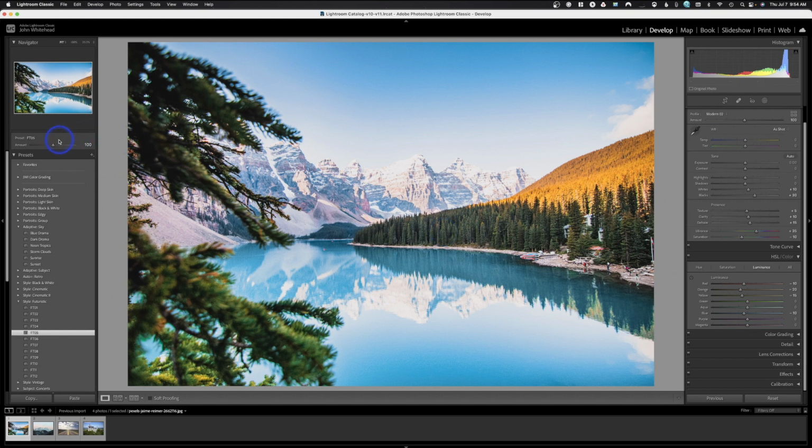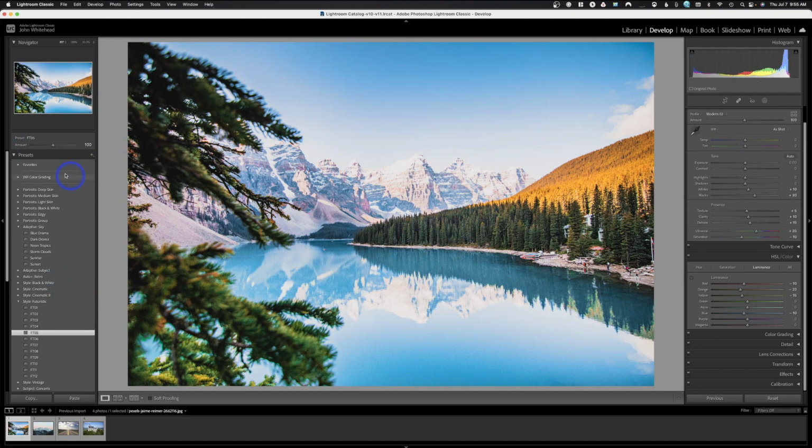And now what we have over here is one of the new features, and this is an amount slider. A lot of people will think of this maybe as opacity. You're changing how much is being applied to the image. If you've ever worked in Photoshop and you've changed the opacity of a layer or a group, this is basically doing the same thing. It's just written as amount. And as you slide this to the left, it's removing this adjustment from the image. All right. And as you go this way, you can actually go past 0 and increase that to make it